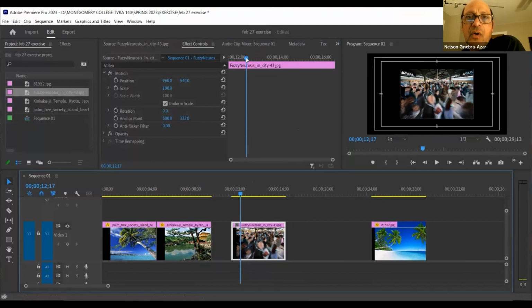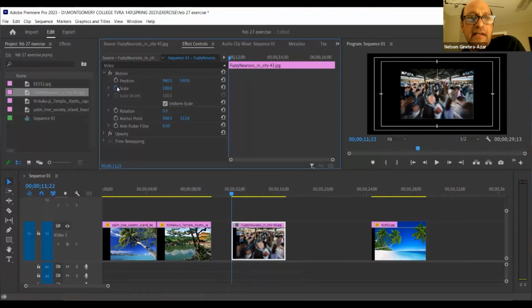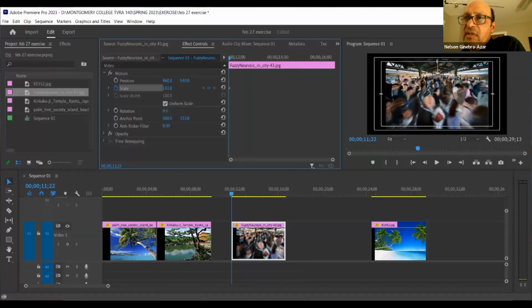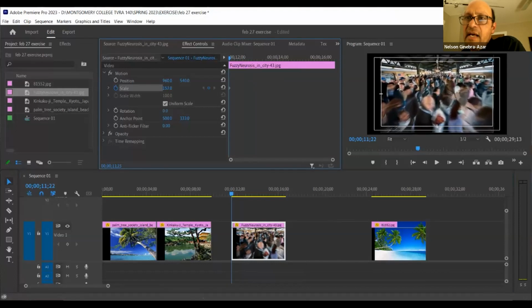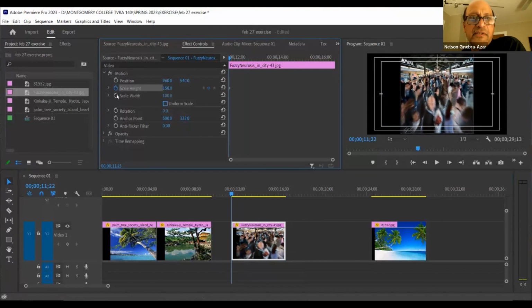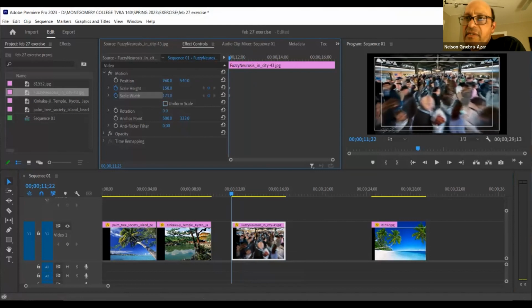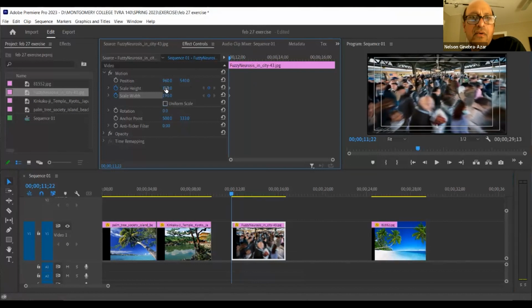So this is just a lower res image. So here I would have to scale that up. So how far would I have to go? Let's see. Well, I could always distort it and deselect this uniform scale and just extend the width, but then it's going to be distorted, which, sure, I can get away with whatever I want. But you can see there, even on the height and the width, I'm going at least 60% on the height and another, say, 90% on the width. So I'm almost doubling that